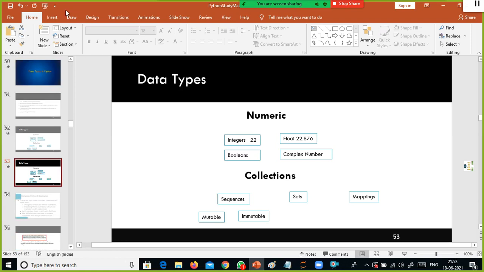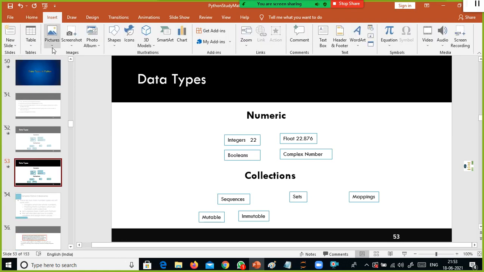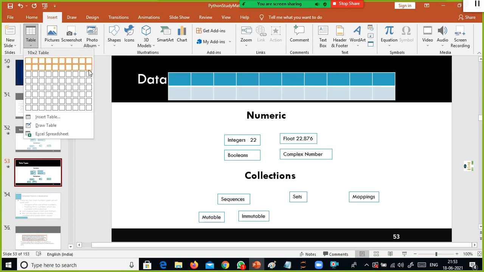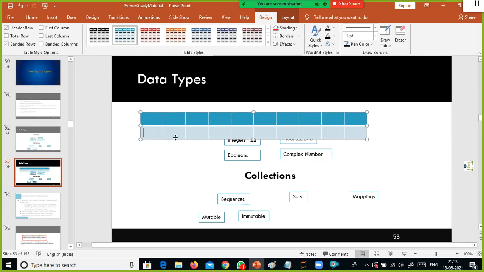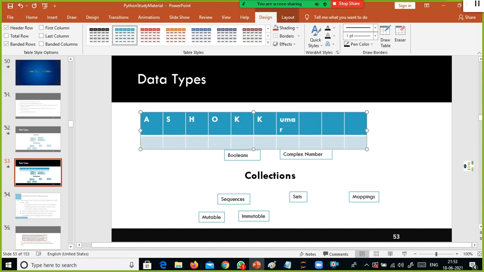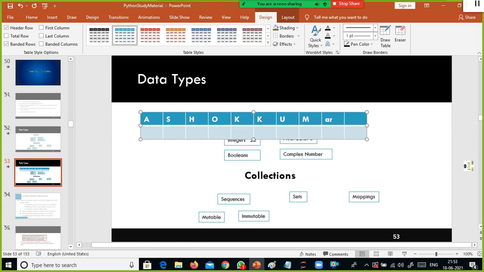I'll show you here. For example, here I'll put Ashok Kumar. What happens is, it will store the values something like A, S, H, O, each and every string literal, Ashok Kumar. It will store the values contiguously. Depending on how you write it, if you had left some space between these two, then there would be space here. Let's assume that there is no space between these things.